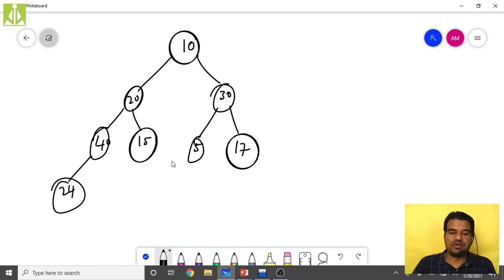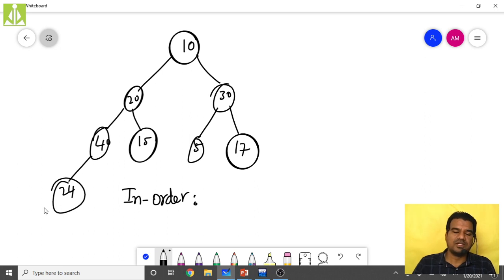So now you try to perform the in order traversal, because so far we know only that one. So in order traversal. First what I have to do, I have to start with 10. As it is root node, don't visit it. Come to left child, 20. Make this 20 as root node, and as it is a root node, I can't visit. Go to the left child, 40. Make it as root node. Don't visit root node. Go to the left child, 24. It is a root node, and make it as root node and try to visit the left child.